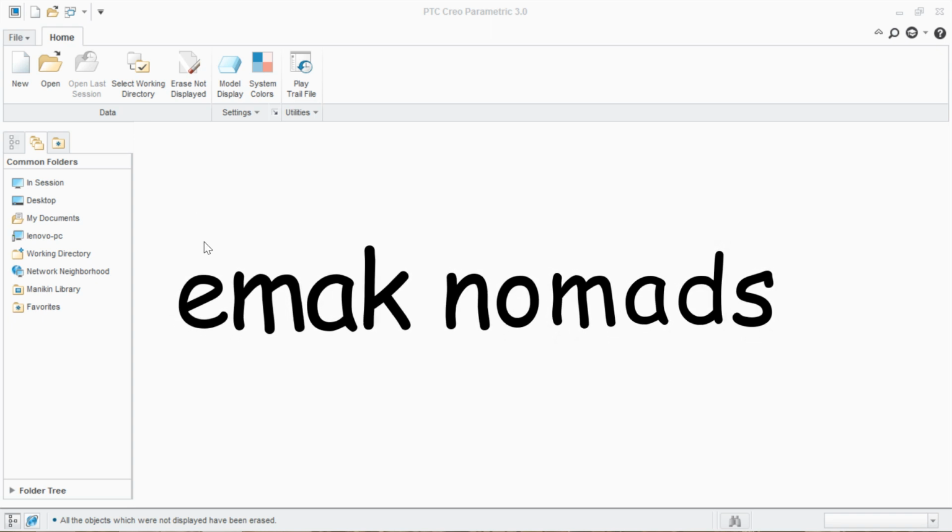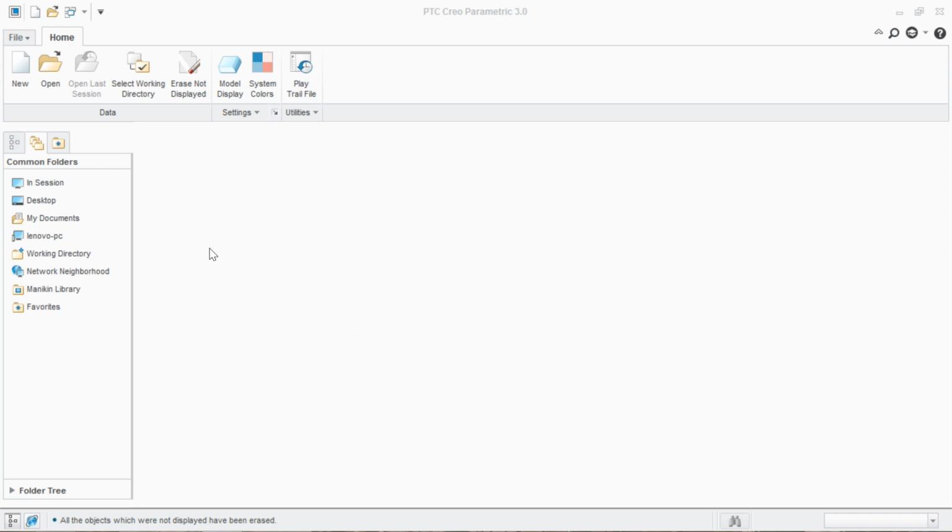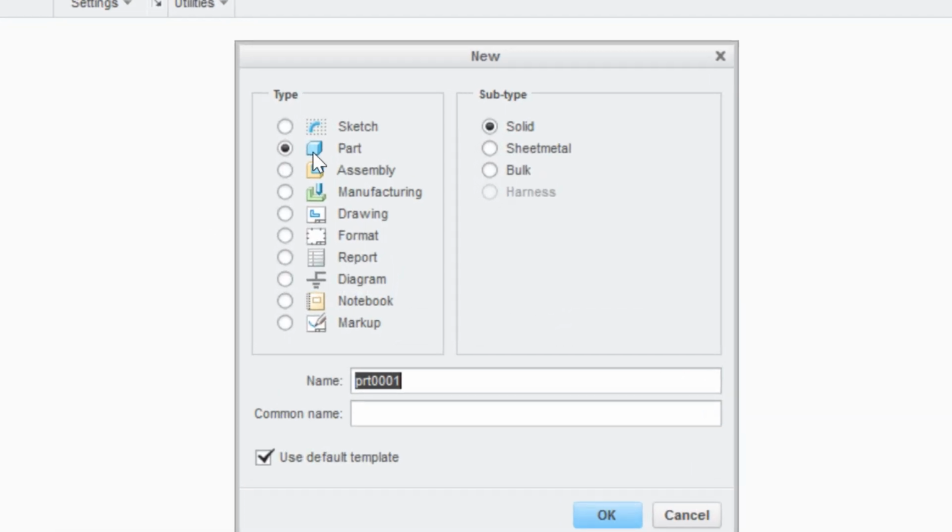Today we are going to design blade shank. As you can watch in our earlier video, we have told you the ceiling fan basics and blade shank basics. So now we are going to design the ceiling fan blade shank in sheet metal module. Let us start designing. Click on new, go to part module and select sheet metal.